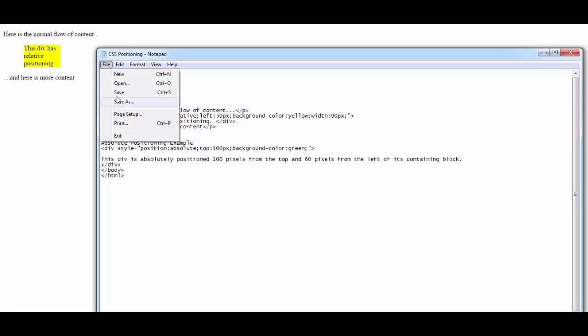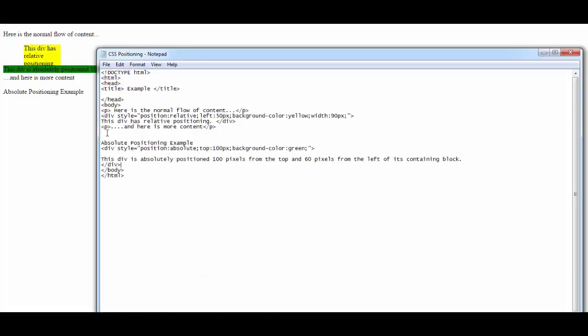Awesome. Save and refresh. Okay, so what I don't like here is the lack of a break. So what I'm going to do is, I'm just going to add a break after the absolute positioning examples. It seems like all of this is displayed right after that. Okay, no worries. But what I'm trying to show is that this div is absolutely positioned 100 pixels from the top and 60 pixels from the left of its containing block, which means that it is 100 pixels from the